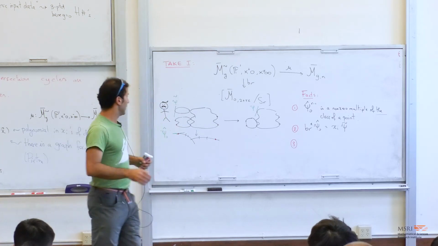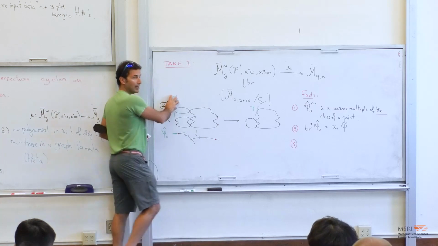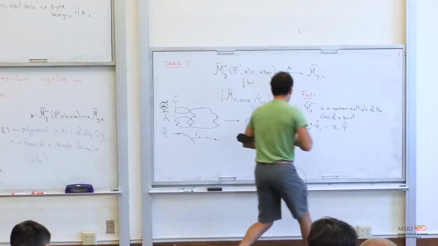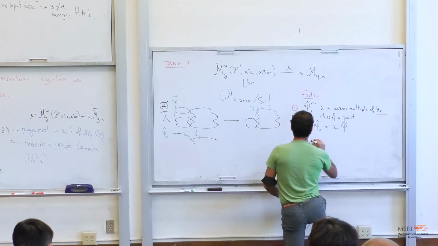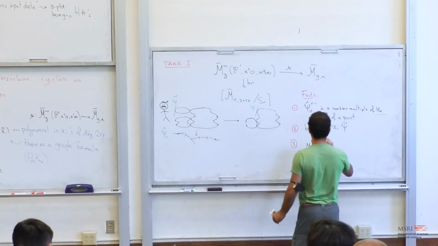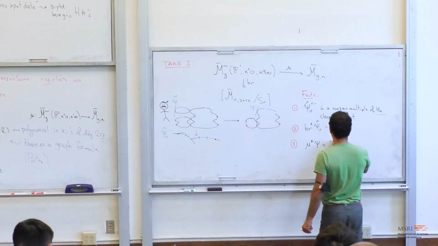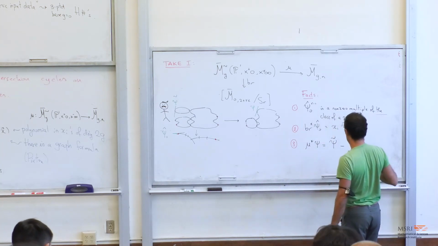But this is to say that, again, there's a relationship between the psi class here and the psi tilde class here. And this is precisely of the form, so the mu upper star of psi is equal to psi tilde minus,